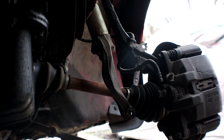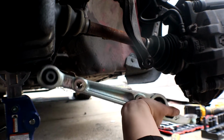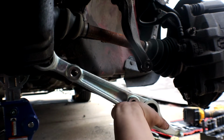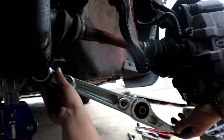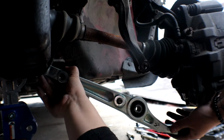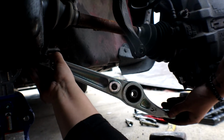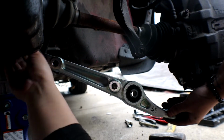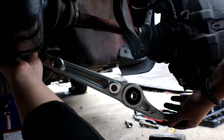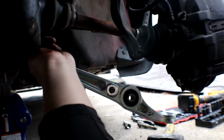So basically you want to slide this right here. Slide that in there. And then you want to line it up to here. Alright, that's lining up. There. Then you want to grab the bolt, stick it in there, and basically you want to put the bolts back exactly how they were. So that one goes there,